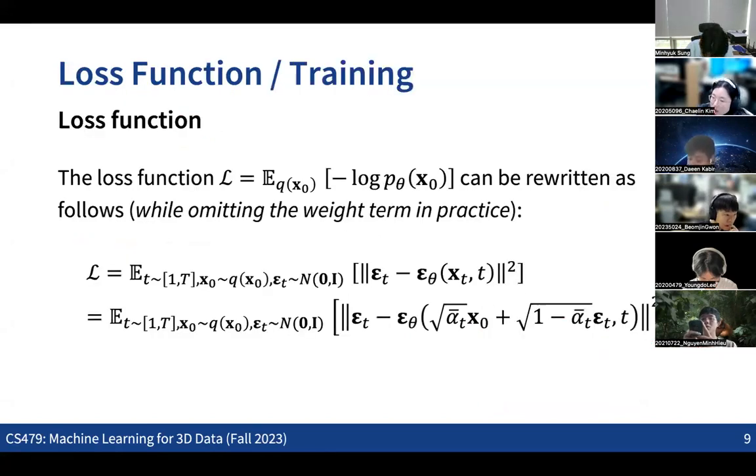Based on that, what we could see is that if we want to minimize this loss function, basically maximizing the probability values for each of the samples that we have, then minimizing this loss function becomes the same as having the noise predictor, the epsilon t predictor, and minimizing the L2 loss between the noise that we are predicting for each xt at time t, and the real noise that was actually added from the x0 to result in the xt. So this was the idea.